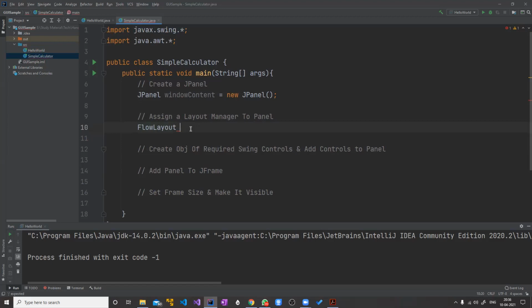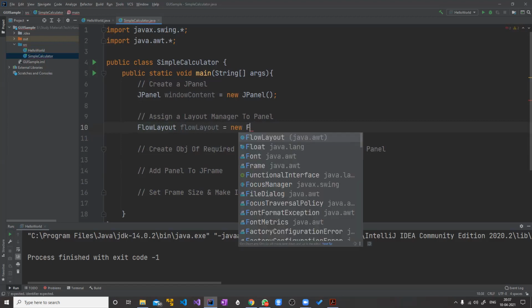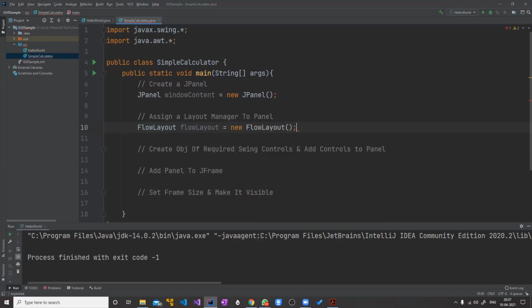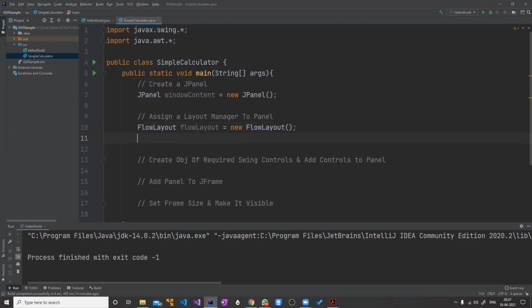Next you create this flow layout. So let's have a variable called flow layout equals new flow layout. That's all. So you created it, but you have not yet assigned this to the JPanel. So next what you have to do: not directly JPanel. What is the name of the JPanel?